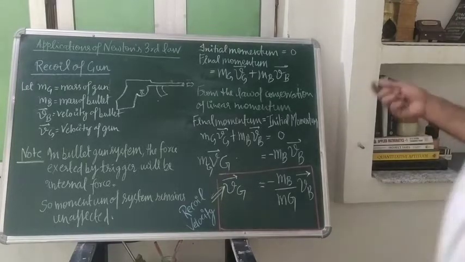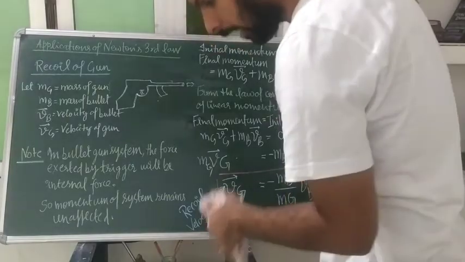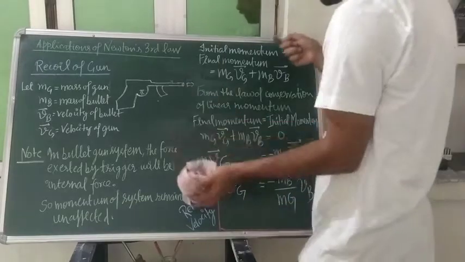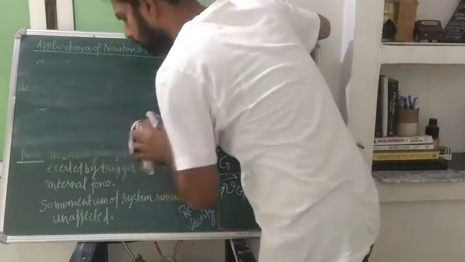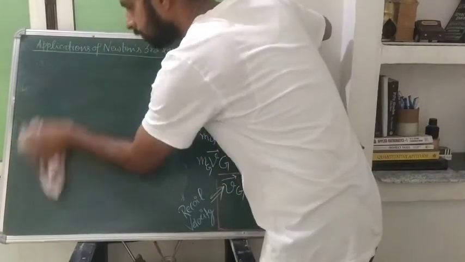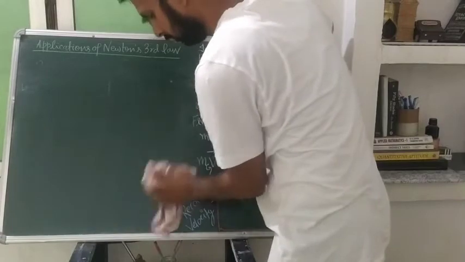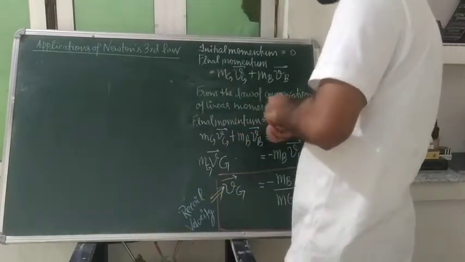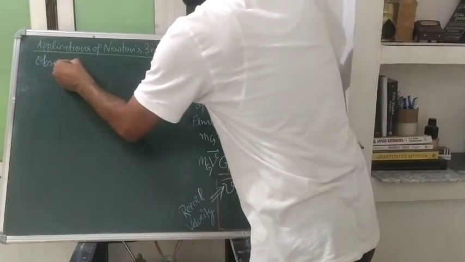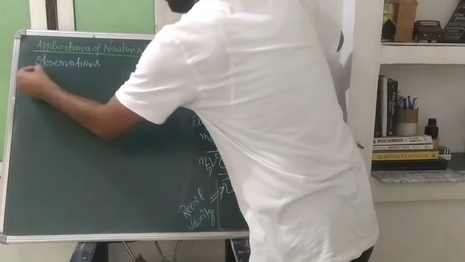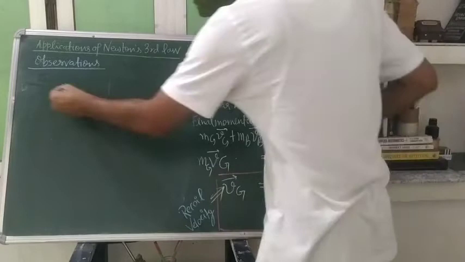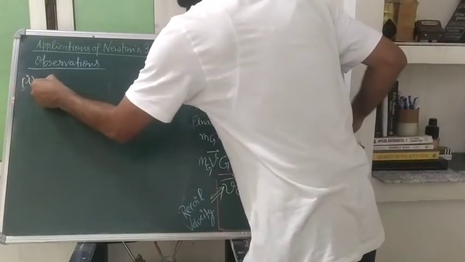So we are getting this expression here, and we will look at what the observations are. I am rubbing this side. So, observations. What are the observations we are getting from here? First observation, we are saying that the negative sign